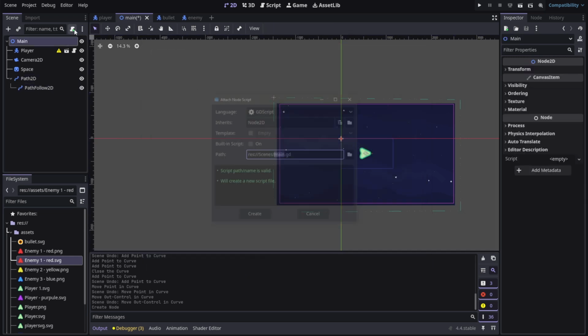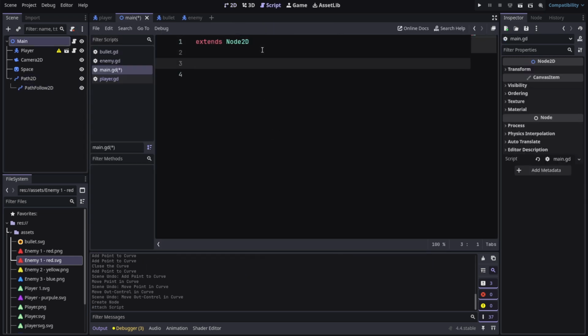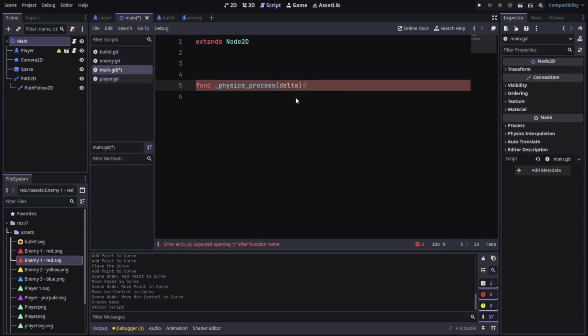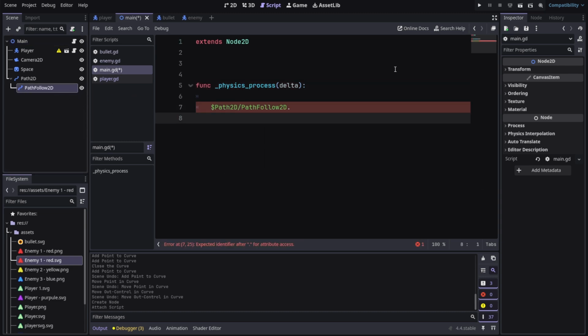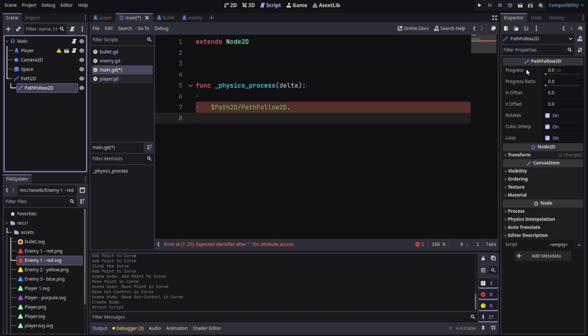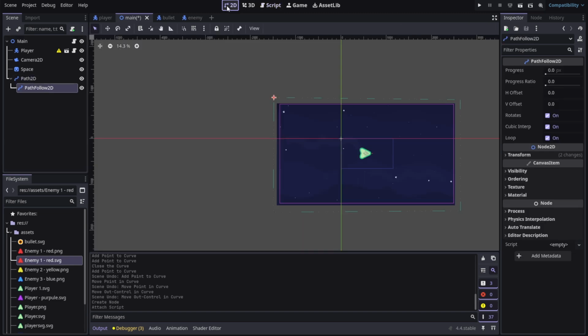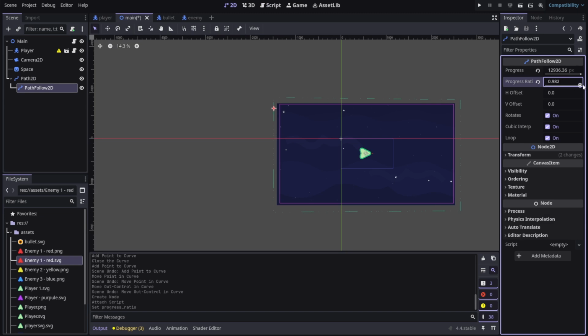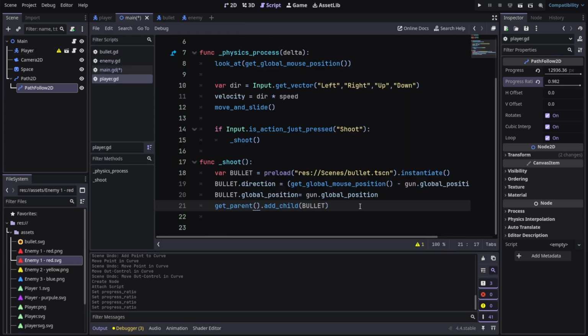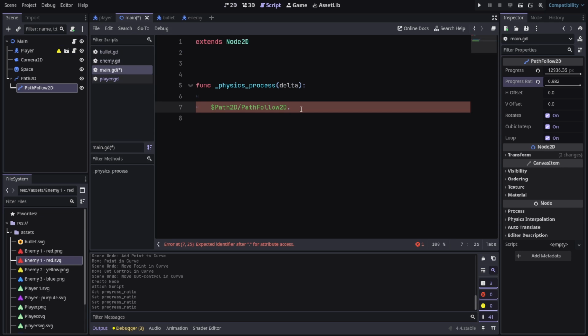In the main scene, let's create a new script, and let's create a new function called, of course, the physics_process function. I really like to use this function. Now in the function, we're gonna take the PathFollow2D. We're gonna directly reference this, and it has a property called progress_ratio, if you go to the PathFollow2D node. So this progress ratio, you can keep adding to it, and it's gonna keep moving the node. So we go here and we're gonna add progress_ratio